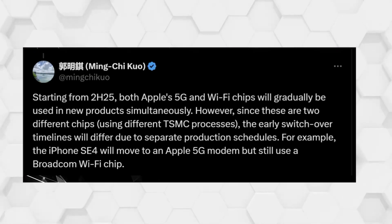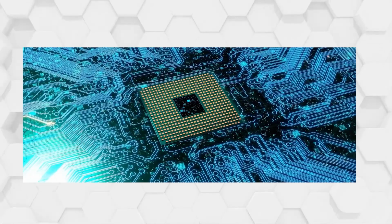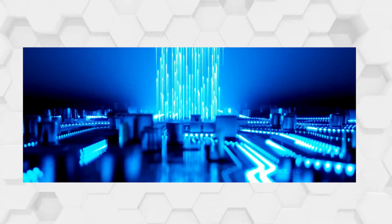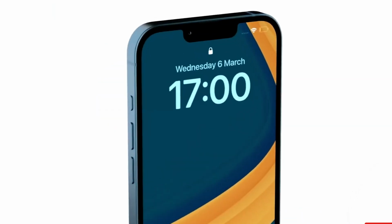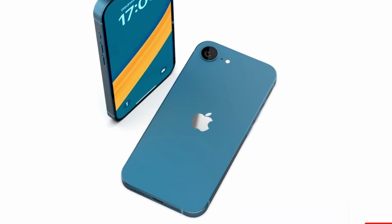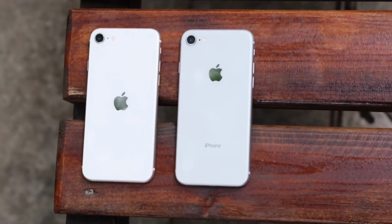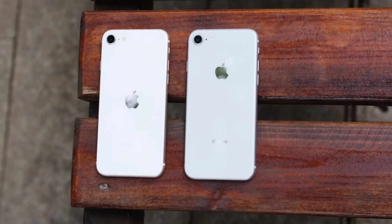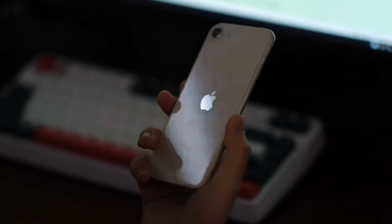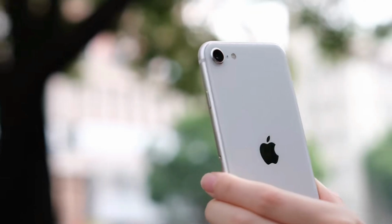The SE 4 will also have a special baseband chip, which is important because it's not just another part of the system. This could really change how Apple connects to networks. A previous report from TD Cowen noted that Qualcomm's 5G modem costs about $28 each. If Apple sells its expected 90 million units of the iPhone 16 series in 2024, Qualcomm could earn around $2.52 billion. By using its own 5G modem, Apple wants to lower these costs and reduce its reliance on Qualcomm, which